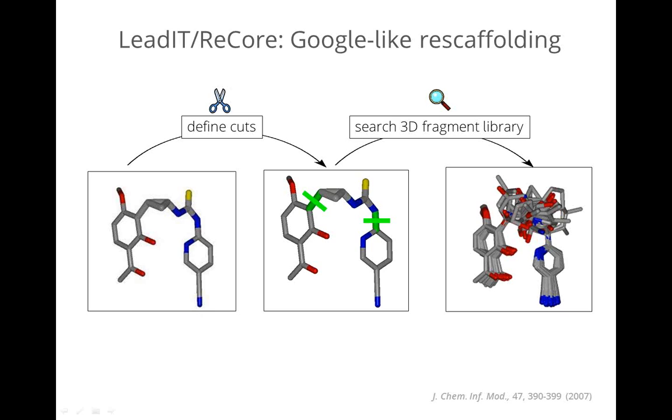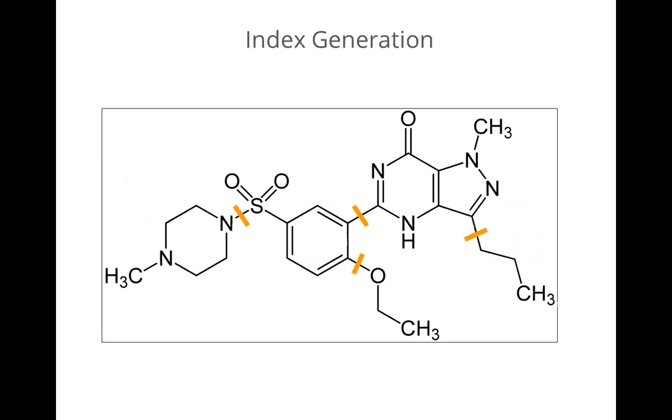So this is really like a Google process here. You define, just like you enter a search term in Google, you press a button just as you type search, and then a few seconds later your results come in. Now, just as Google needs to process the internet or all the web pages beforehand to see in which ways they are linked to each other, we need to do a similar thing to process the fragment database so that we can search so interactively fast. And this is done by indexing the